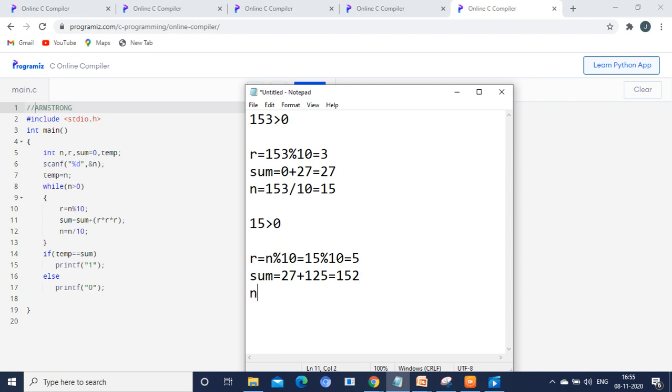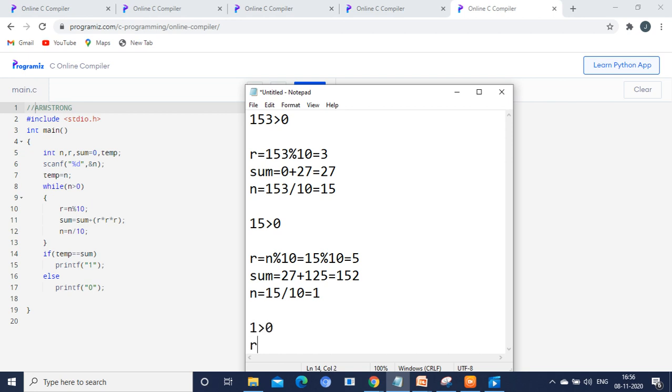Next it will calculate n value. N is equal to n by 10. So in the previous value n is 15. 15 divided by 10 is equal to 1. It will return a quotient. So you are having n value 1, which is greater than 0. Okay.